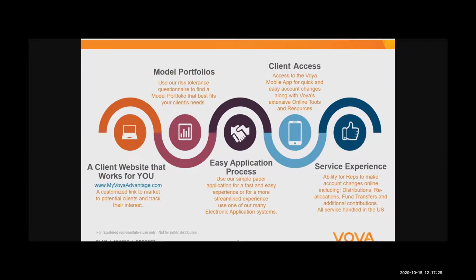So, yeah, as Jeff said, this is a great slide. This just walks everyone through on a line what we can provide you for support before the sale, through the sale,